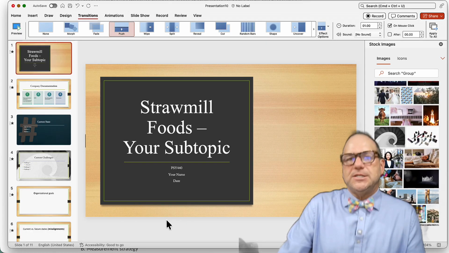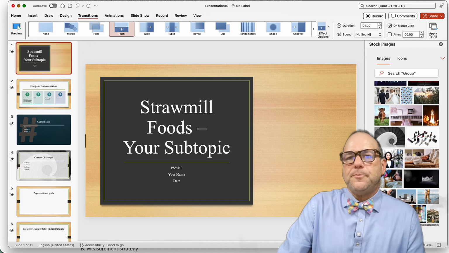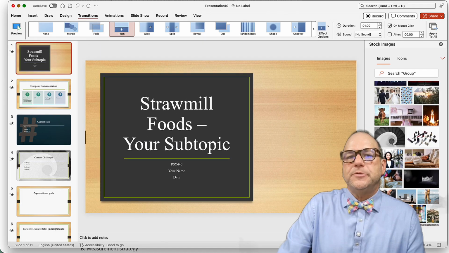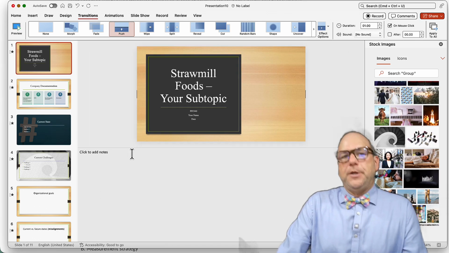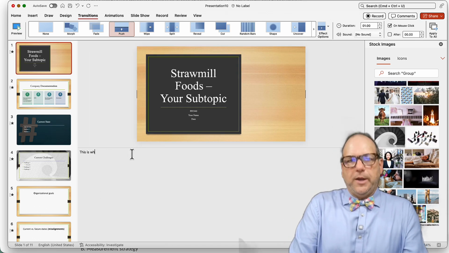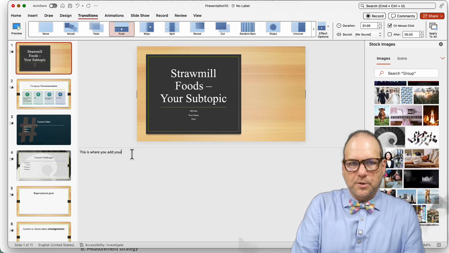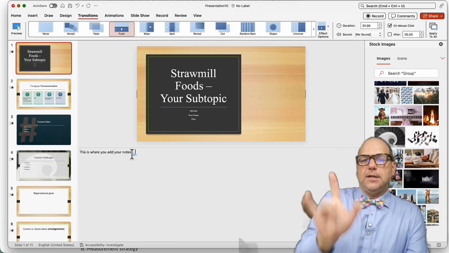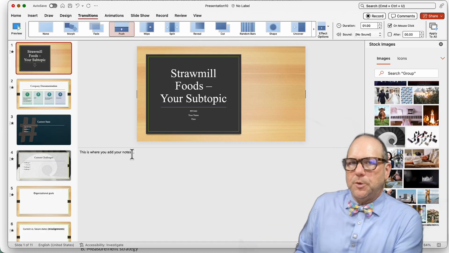You may also just see nothing on the bottom. And sometimes you can go in and just grab it like that and pull it up. Or you can come in and click on Notes View and it'll pop up and you can open it up. This is where you add your notes. In this case, most of the time what I would be doing when I'm doing a presentation